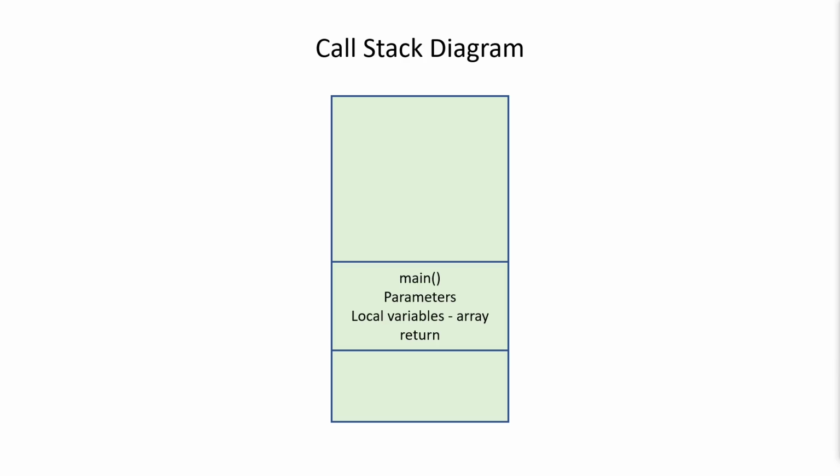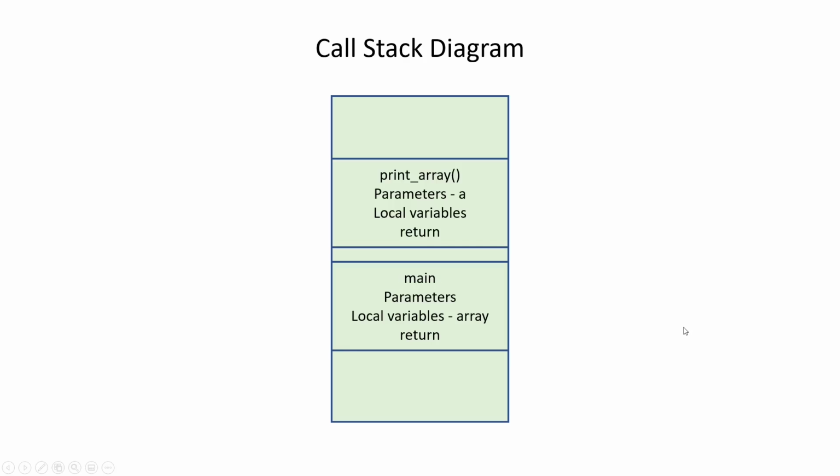Inside of main, we're going to have the local parameters. This would be the command line arguments. It'll also reserve space for any local variables. In the program I was just running, I had several local variables, but the one I care about right now is the array. And then it's going to store some stuff, return value information that the operating system will need when main is done executing. Then, when I called print array, that function, it will add a second stack frame, just right on